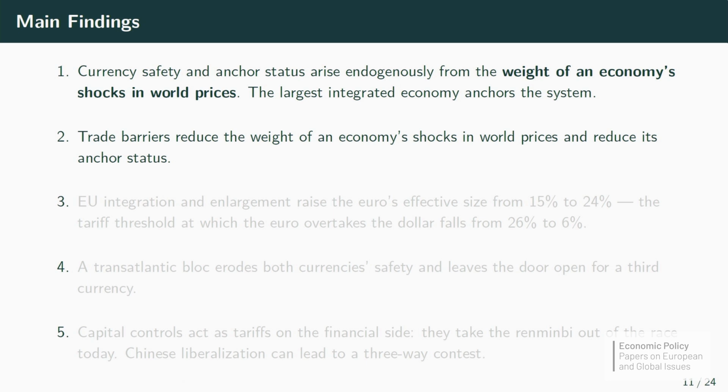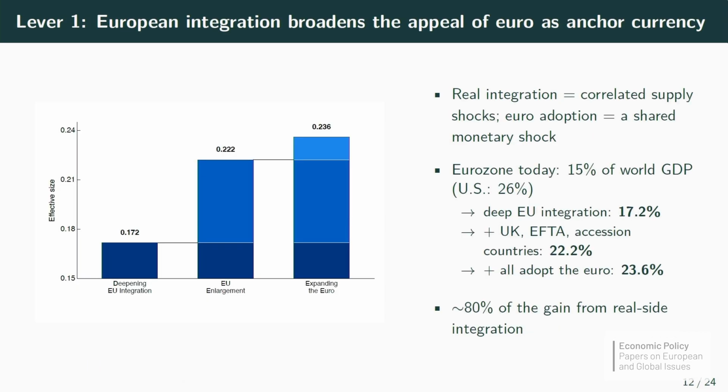Okay, so those are the economics that pin down the next set of analyses I'm going to do for Europe in particular. In this next set in our paper, we're going to think about 3 policy levers Europe can try to promote the euro as an international currency, or ways in which the euro can become more prominent as an international anchor currency. We're also going to talk about these policies in the order that they're in Europe's control. So the first one is directly in European control, which is about integration.